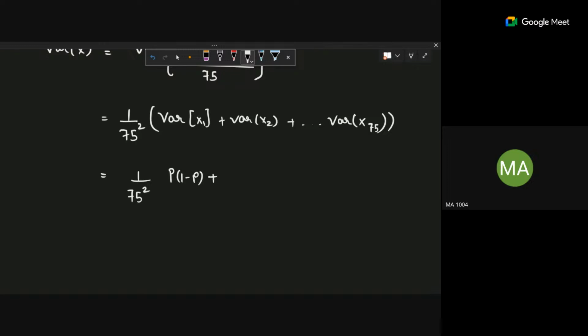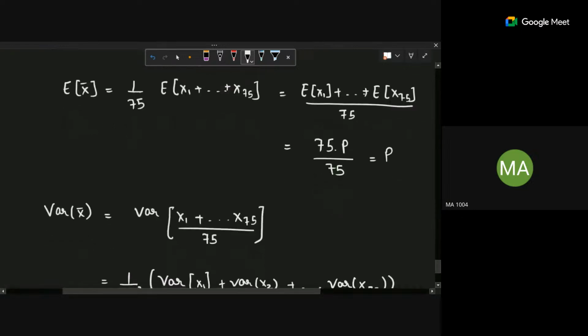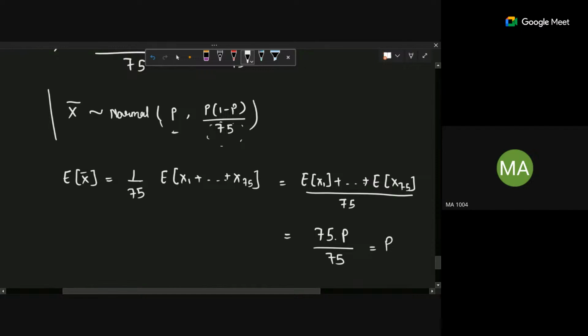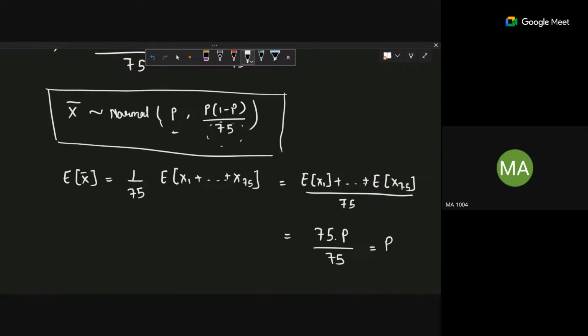So this will be 75 times, since they are IID, 75 times p into 1 minus p. So that is the variance of x bar, and this is the mean. So our x bar's distribution is normal with mean p and variance p into 1 minus p